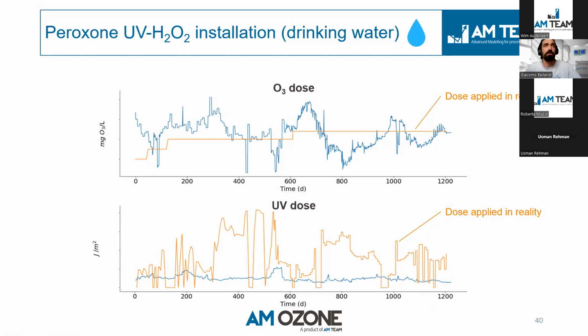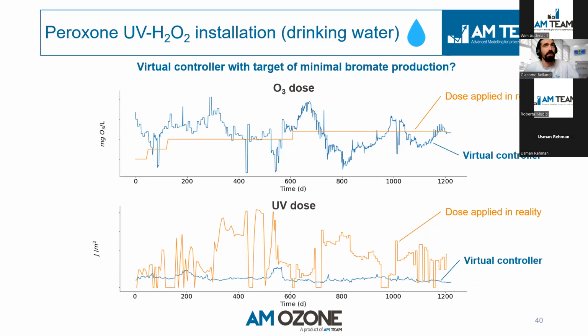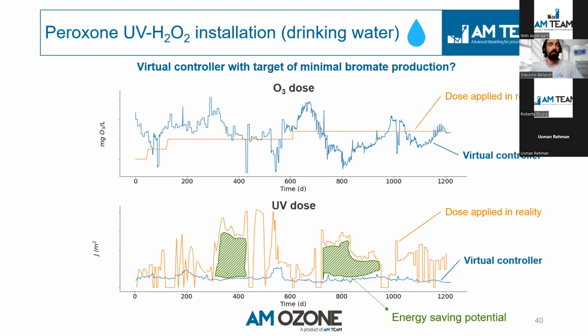With the model, we could run advanced controller situations with virtual controllers that would have suggested, at this point, a better combination of ozone and UV dosing. So balancing the UV power, saving power because it is more expensive than generating ozone, and limiting the bromate formation. So maximizing the micropollutants removal and at the same time having a good quality effluent water with minimal operational costs.